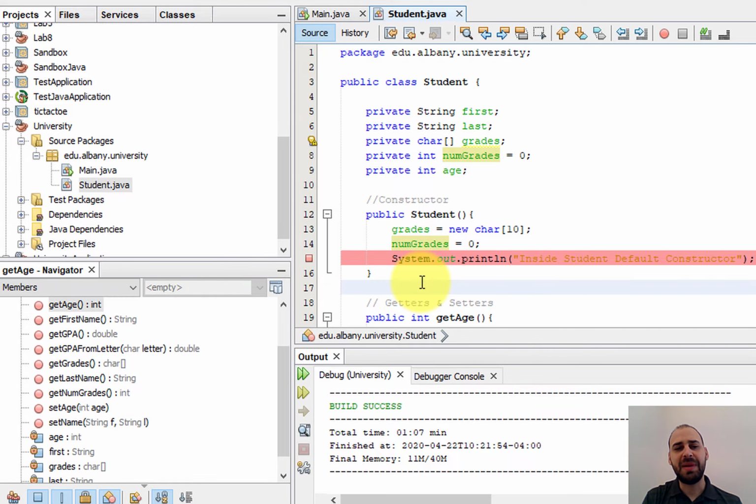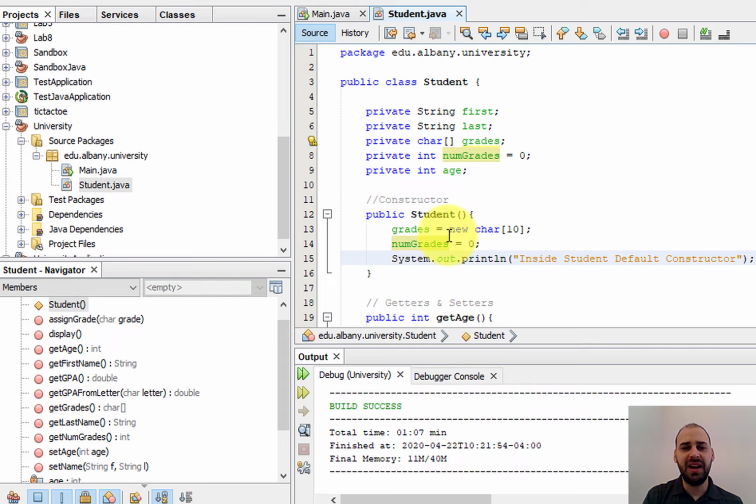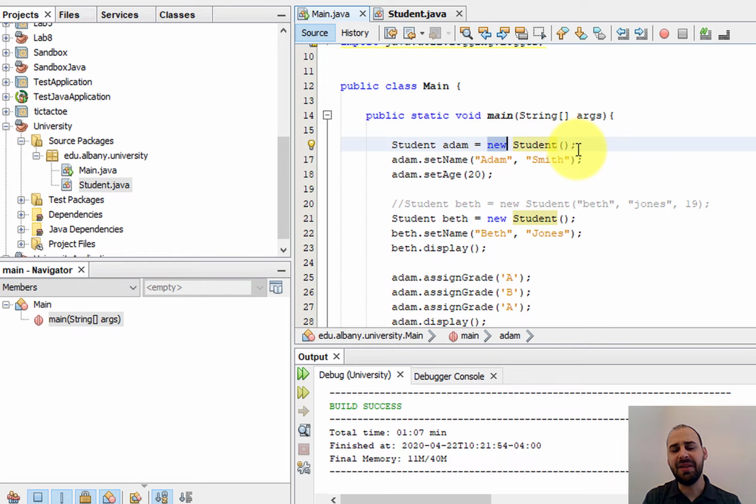However, what makes it more powerful, and where we start to really see the reason why it's so commonly used, is that I can force an object to be constructed a certain way or to have some initial input values. So let me give you an example. Let's say that we never want to allow a student object to be created without having at least a first and last name. Okay, so like right now, on line 16 here, if I create this student,